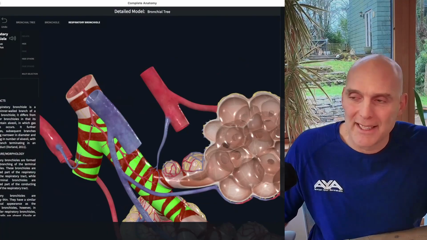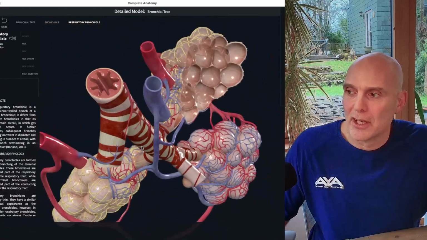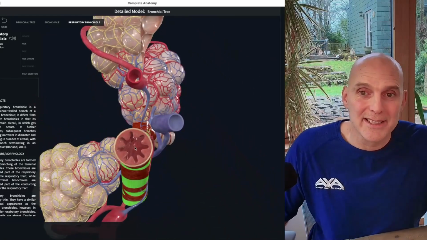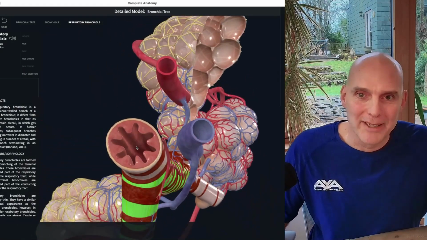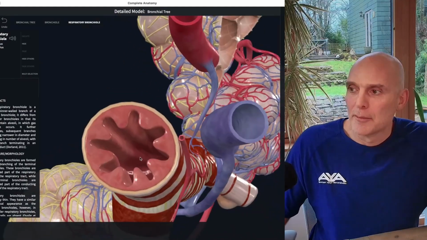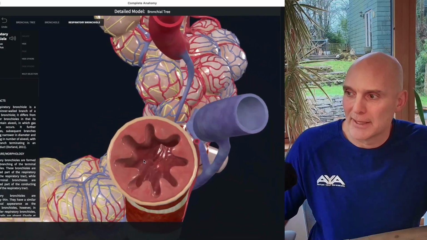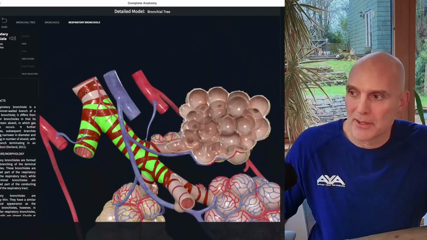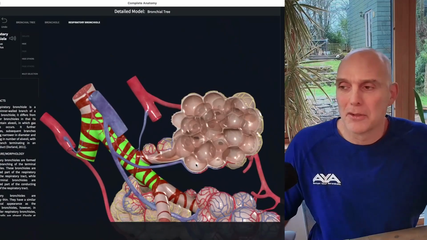And then it talked about cilia, didn't it? Cilia are little hair-like structures that line the insides of these airways. And they're designed to catch impurities, catch just general crap that we breathe in, basically. Irritants and allergens and things like that get stuck in cilia. But those cilia get damaged over time by the immune system. And so there's not much cilia left. And that causes issues as well, because it allows anything into the lungs,